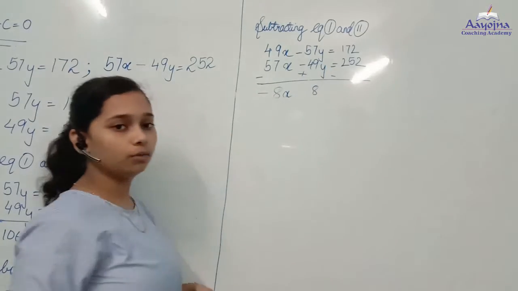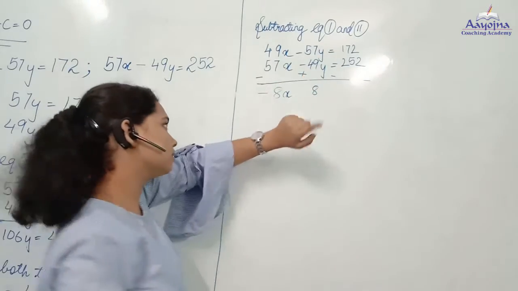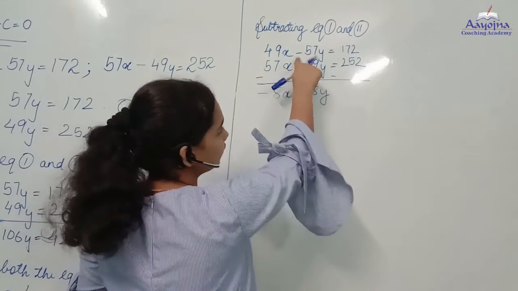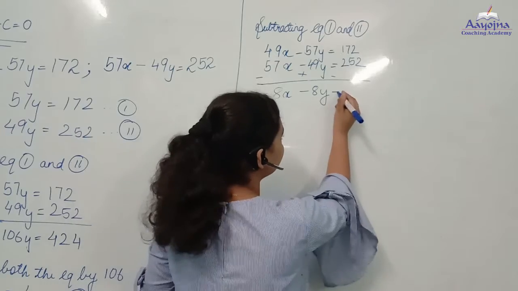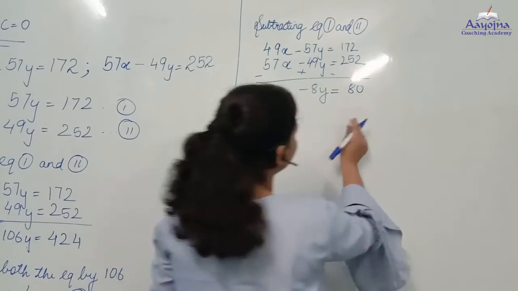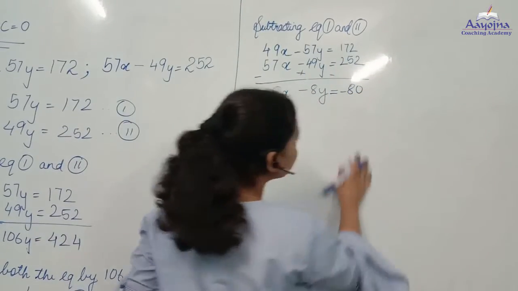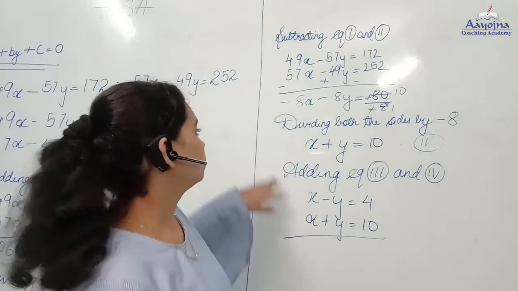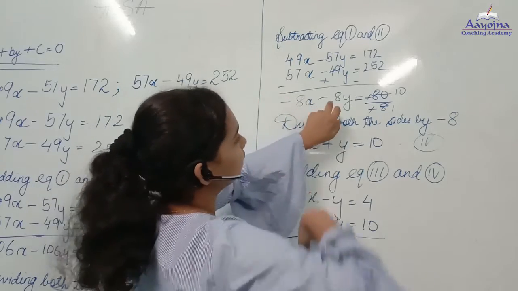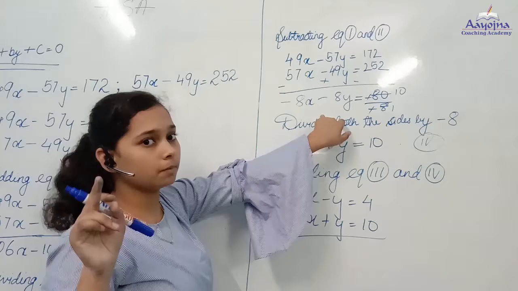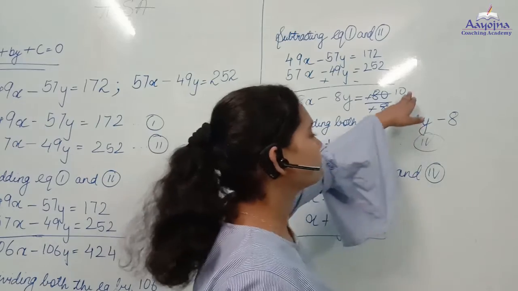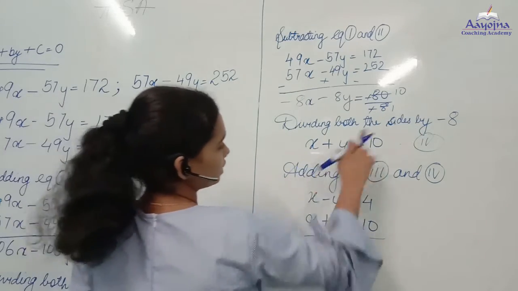Now you might have thought how minus here. Plus minus is minus. So we are subtracting the variable, that is y. Here the greater number is 57, that has the negative sign. So again minus, equal to 172 minus 252, that is equal to 80. The greater number is 252, which has negative sign, so it becomes minus 80. So here we divide it by minus 8. The sign gets cancelled, so it becomes 8x. Here minus minus gets cancelled, so it becomes plus y is equal to minus 80 divided by minus 8 becomes 10. So the equation becomes x plus y is equal to 10.